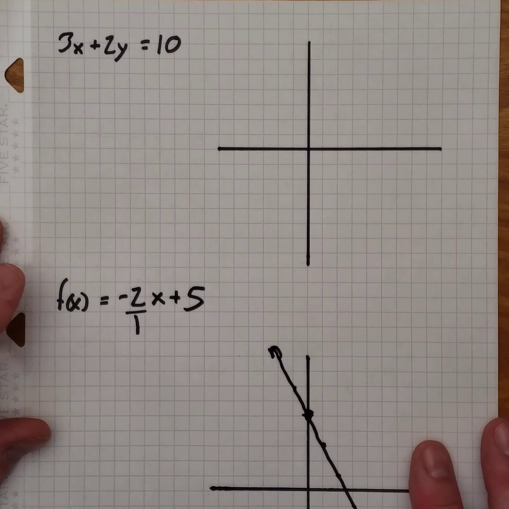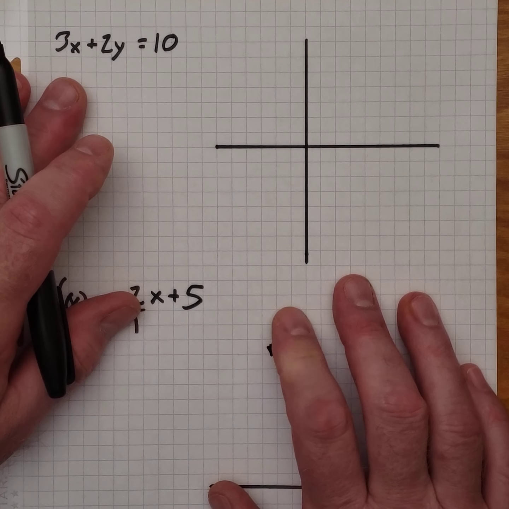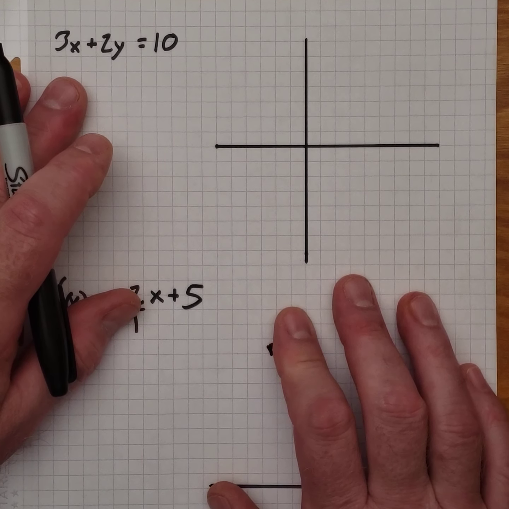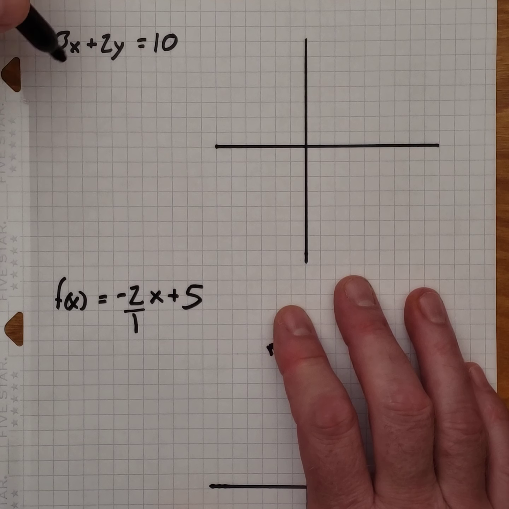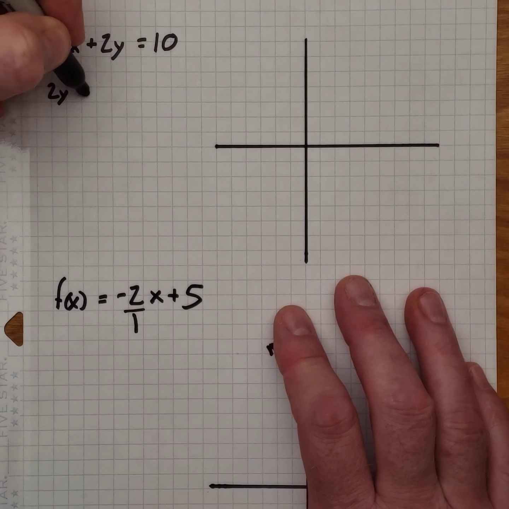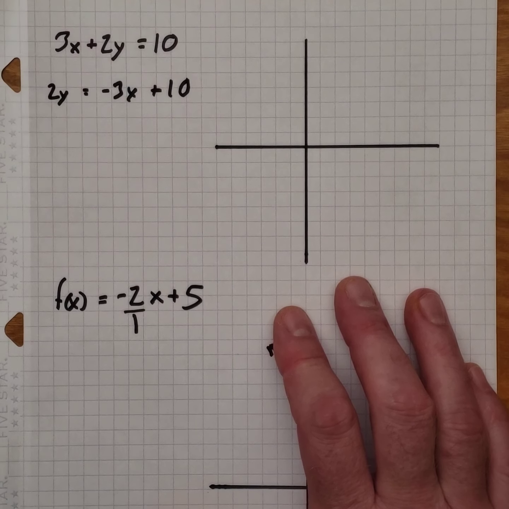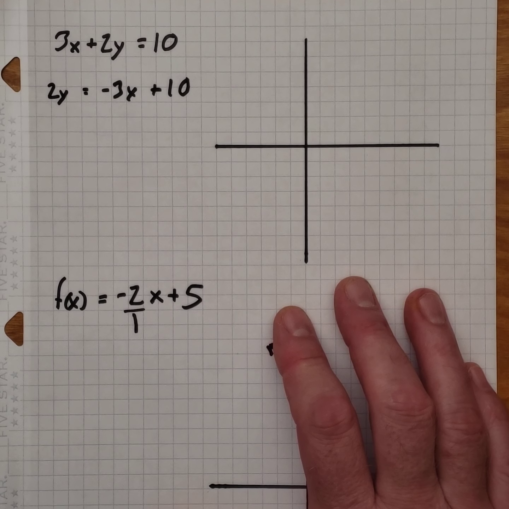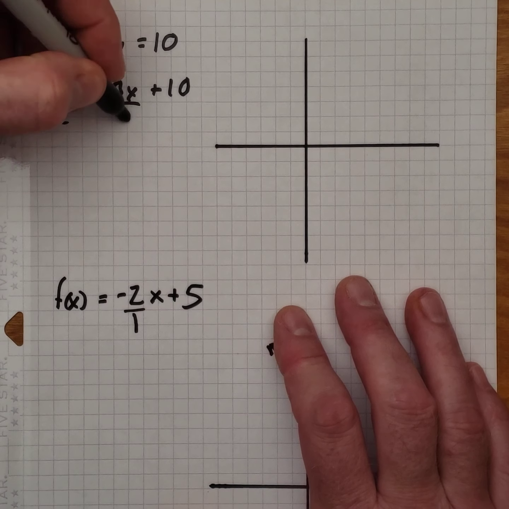The other thing you're going to run into occasionally here is a situation where your line is not given to you in slope-intercept form. This one is in what we call standard form, but it's fairly easy to get from here to slope-intercept form. Subtract 3x from both sides, and you'll get 2y = -3x + 10. Right, just move it to the other side, change the sign, however you think about that, and then go through and divide all 3 of those by 2. Now we've got y equals